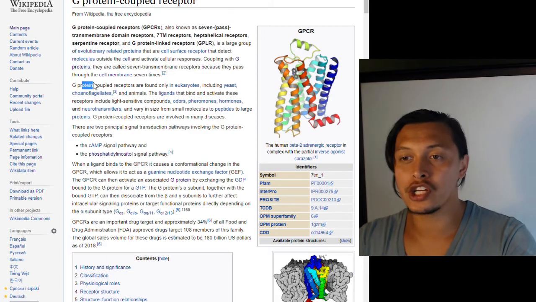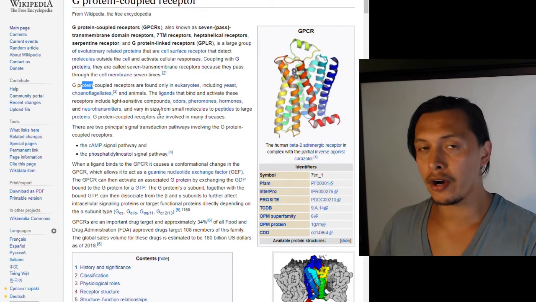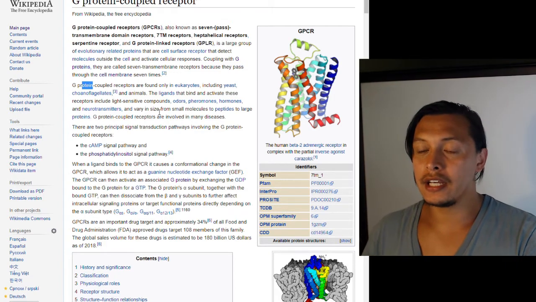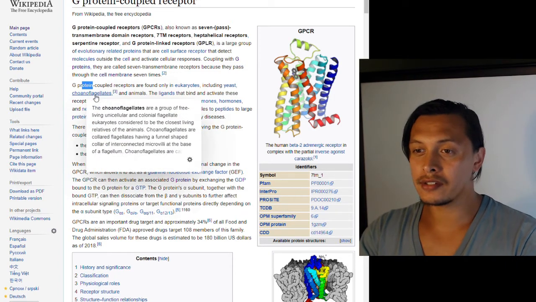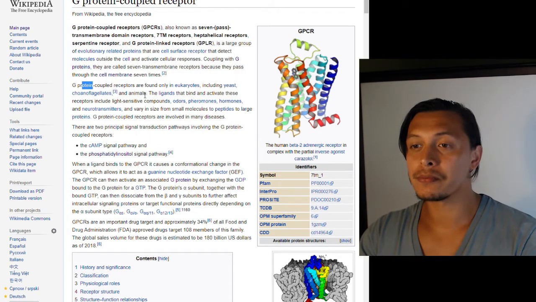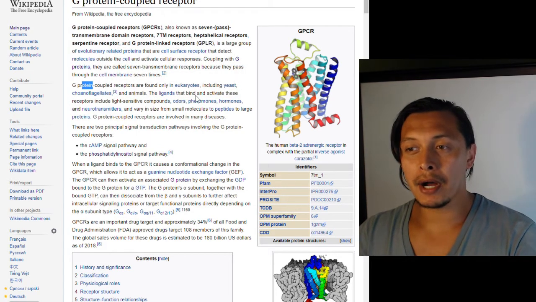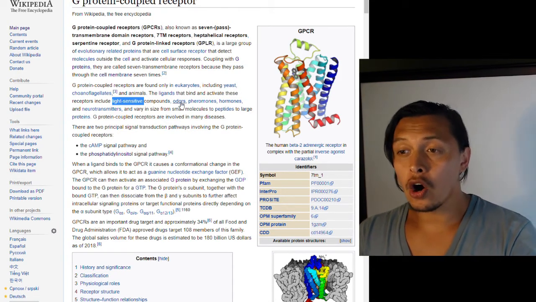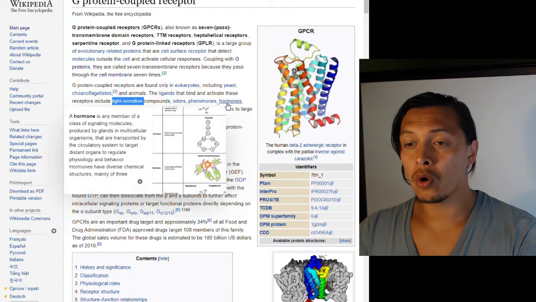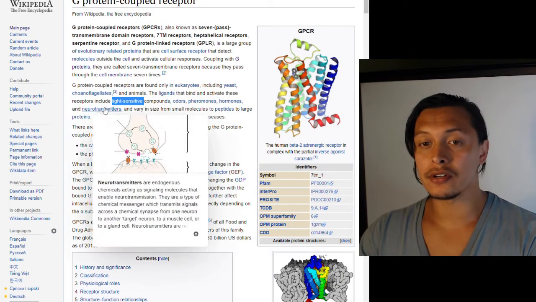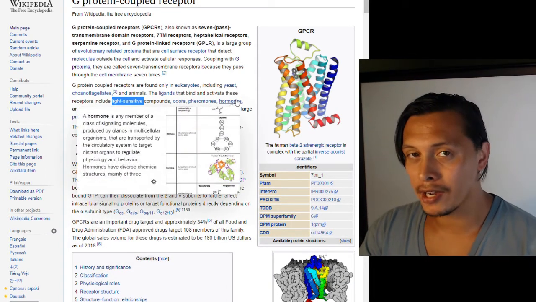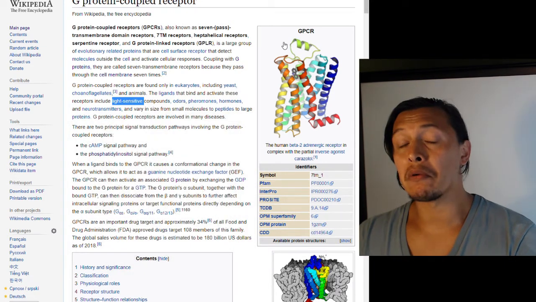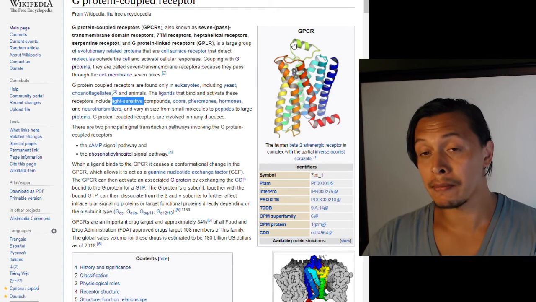Sorry, going back. The G protein coupled receptors are found only in eukaryotes, but that includes yeast and the choanoflagellates, so don't worry too much, and animals. The ligands that bind and activate these receptors can include light-sensitive compounds, odors, pheromones, hormones, and neurotransmitters. So this is where melatonin comes in, right? Melatonin could be one of these hormones and neurotransmitters that will interact with its melatonin receptor,